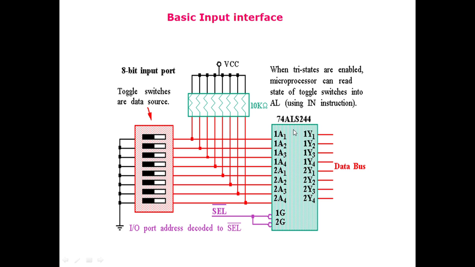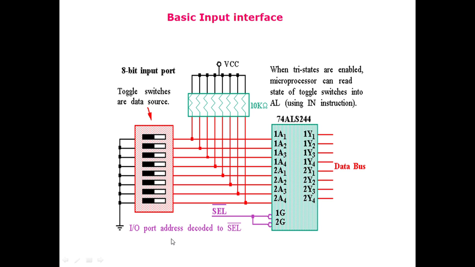It can be enabled or disabled through this circuit here. So 1G and 2G are the select lines. This circuit simply puts the value or the bits provided here onto the data bus whenever both of these select lines are zeros. So this complete circuit can be considered as an input device that provides 8-bit input data to the data